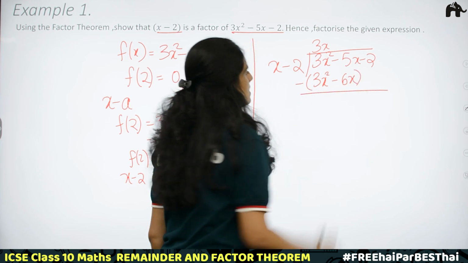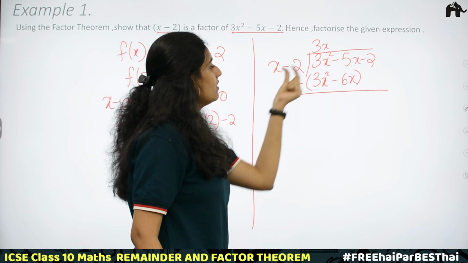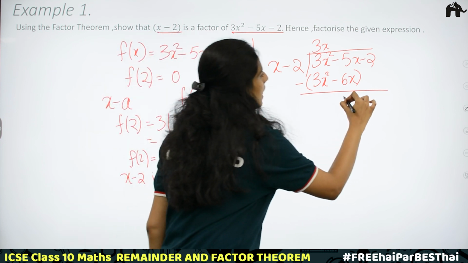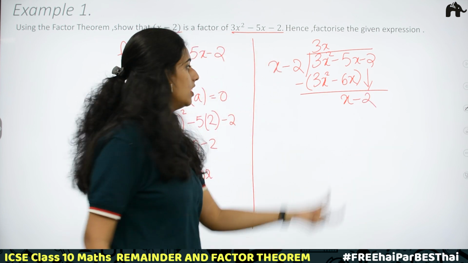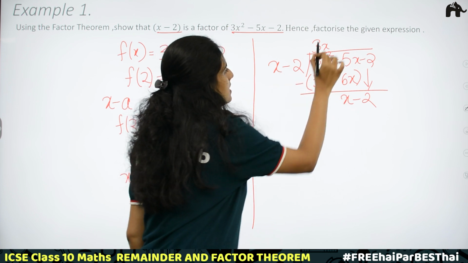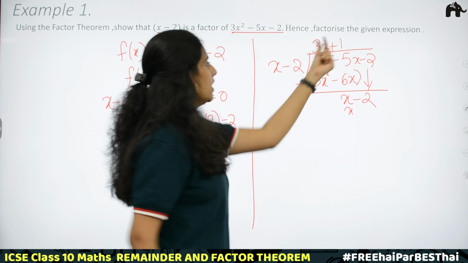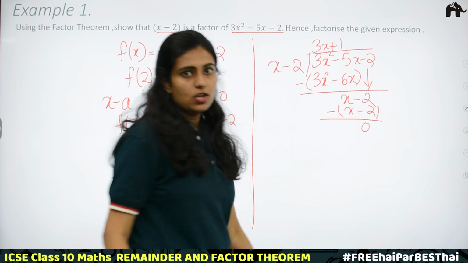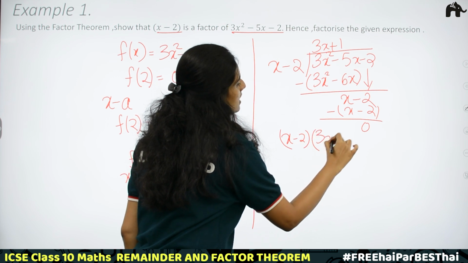On subtracting this, we get 3x square minus 3x square is 0. Minus 5x minus of minus 6x, that is minus 5x plus 6x is x. Taking this minus 2 down, we get x minus 2. Now, to get x minus 2, x into 1 is x, plus 1. Okay. 1 into x is x, 1 into minus 2 is minus 2. Here, on subtracting, we get remainder 0, which means x minus 2 is one factor and 3x plus 1 is